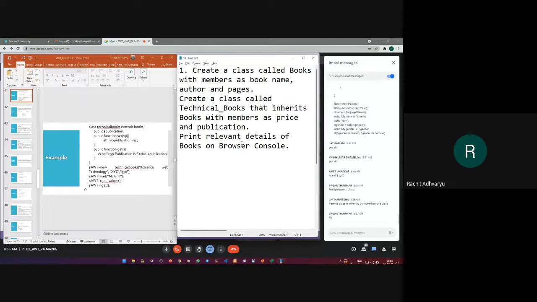Only Sagar is working on the program as per the messages I have got in the chat. I can't see the raised hands because I have my screen being presented.